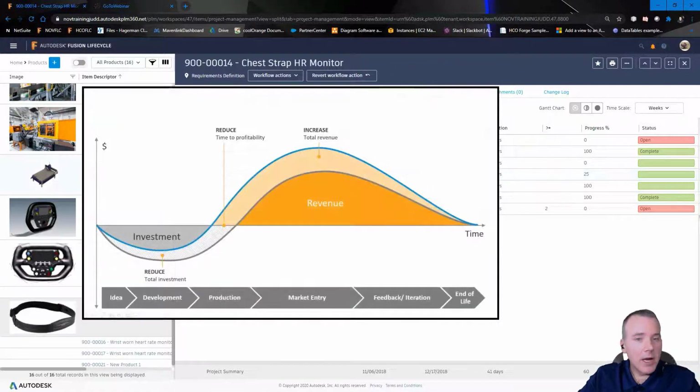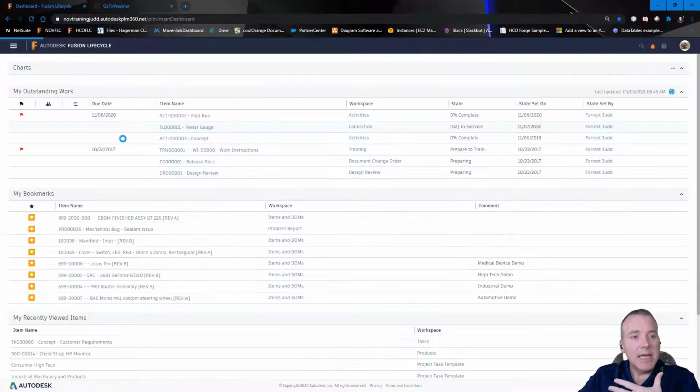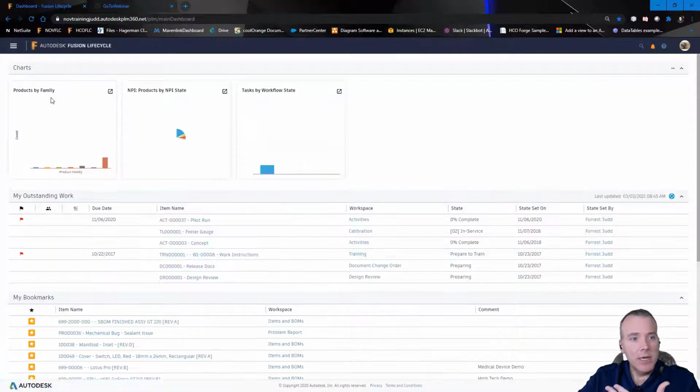So if we're talking again about this curve where time is critical and we want to shrink investment, grow revenue, but also push that curve back to where we start making money faster, this is a critical part of that: being able to assign a time to these tasks and get reminders about them. If I look at my homepage here, every task that I have in the system is on my